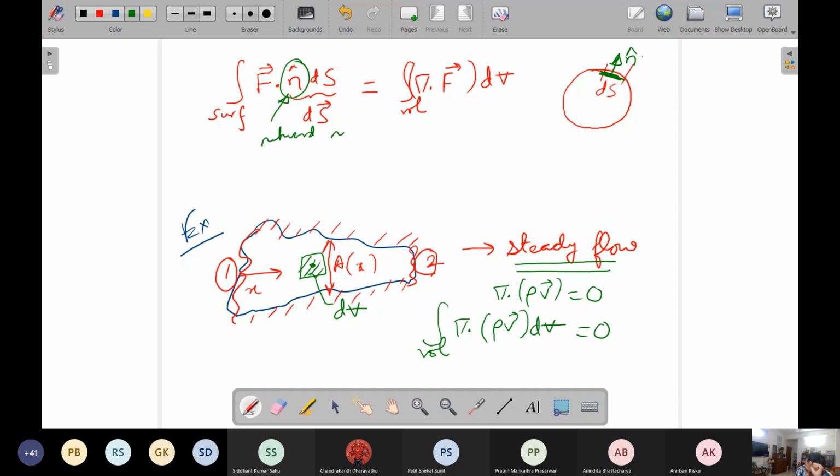So area in vector form is represented by the magnitude of the area times the unit vector normal to the area, the outward normal. Outward means the surface across which the transport phenomenon, the fluid flow, etc., is taking place. If you integrate this for the entire surface, remember one of the very basic requirements.